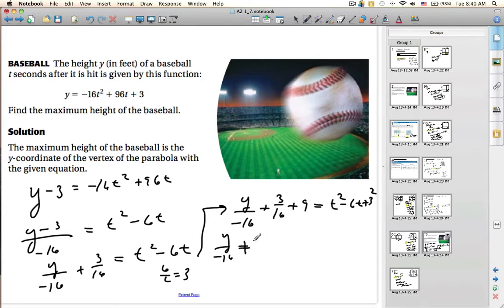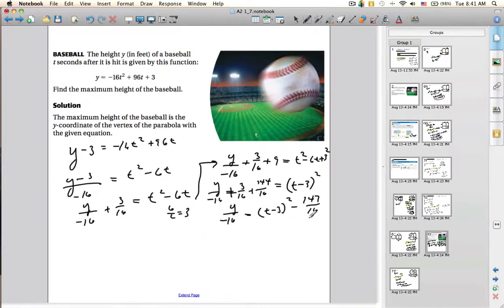So 3/16 plus 144/16 is equal to, this is a binomial, t minus 3 squared. When I combine these together, I'm going to get 147/16. So y over negative 16 is equal to t minus 3 squared minus 147/16. So now I've gotten it pretty well into standard form,